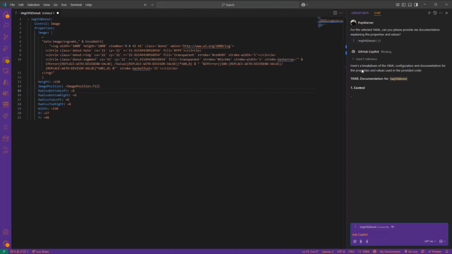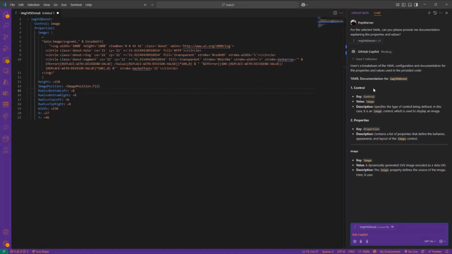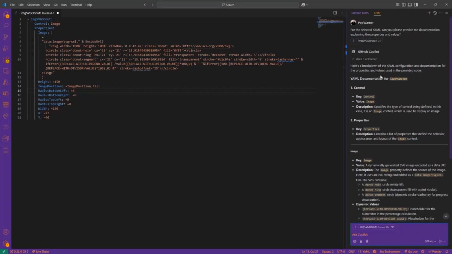And what's cool is you'll notice this isn't maybe the documentation we were thinking of, like in terms of comments that would go in the code, but guess what? This would be great in a user doc. All this information here is pretty popular and valuable, right? It explains everything.